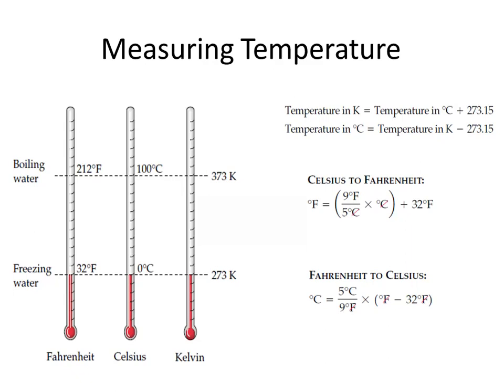How can I convert the temperature to Kelvin if the temperature in centigrade is given? This is the first formula. You just have to add 273 to the centigrade. It will give you the value of the Kelvin. Now look below, this is 0 degrees centigrade. If you add 273, it will become 273, because you are just adding 0 with 273.